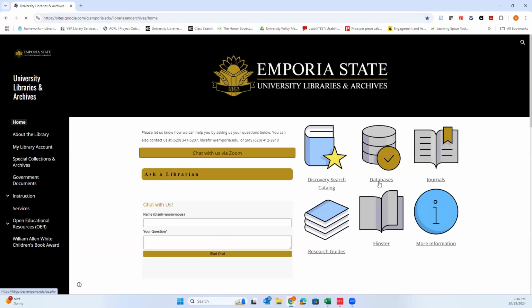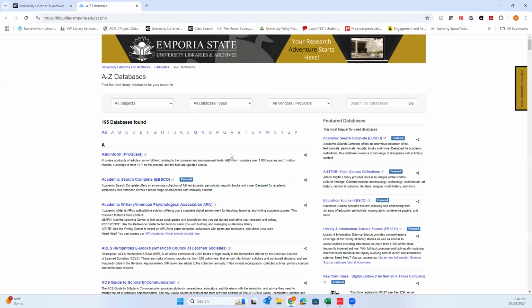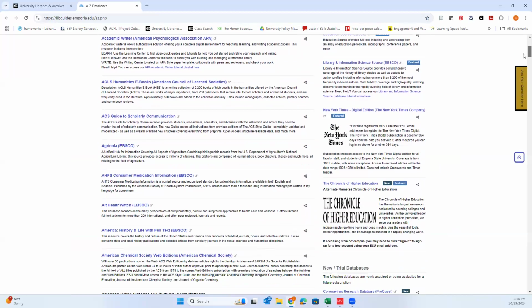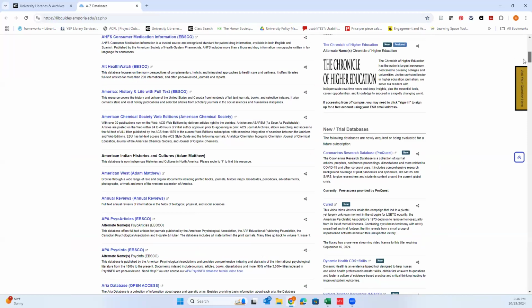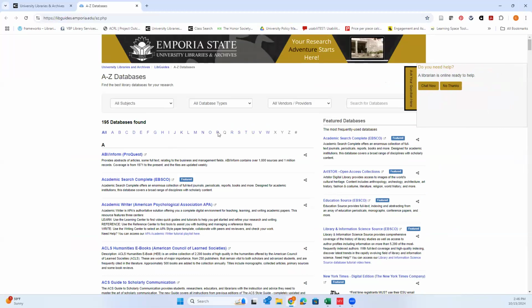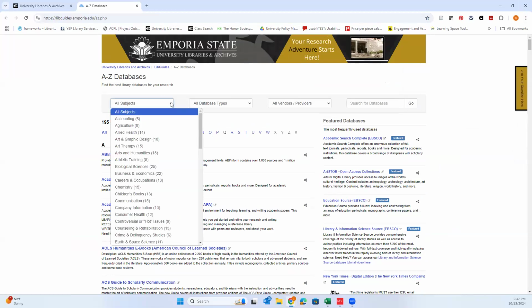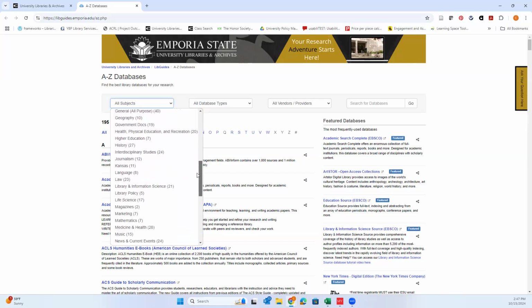And next, we will navigate to our databases link. And when we scroll down on this first page, you can find PsycINFO in a number of ways. It is also listed on our first page of databases as APA, for American Psychological Association, PsycINFO. So you could click on that. If you prefer, you could click on the letter P and go to PsycINFO from that point, or you can click on this All Subjects tab if you want to see what other databases we have in psychology and other